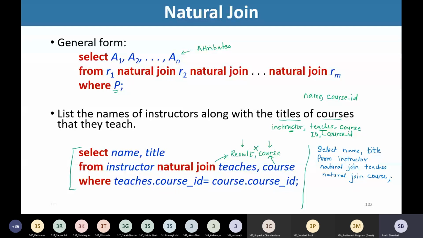Can I write this statement like this? Select name, comma, title from instructor natural join teachers natural join course.